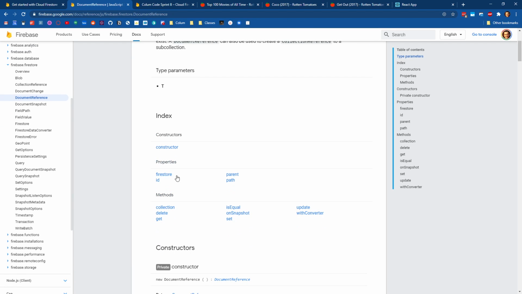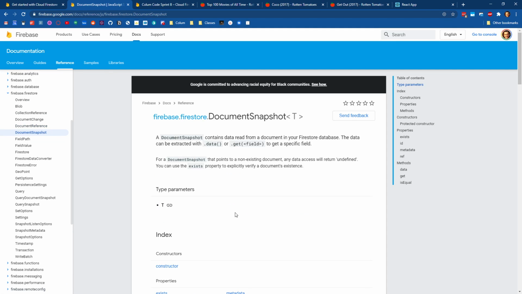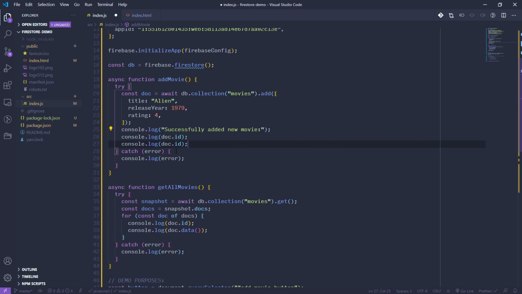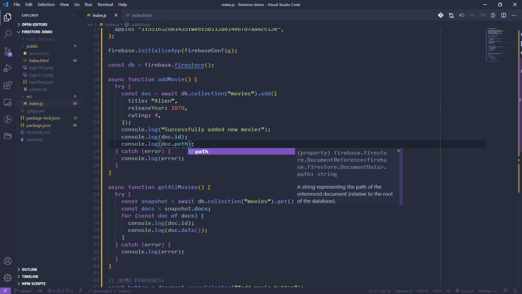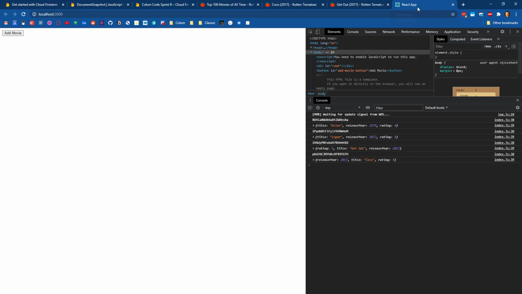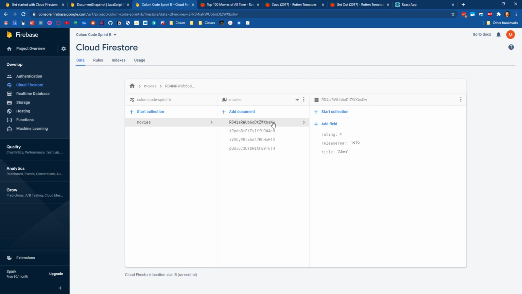And if we look at it, we can print out the ID and the path where that data exists. And if we wanted that data, we could call get, or if we wanted to delete it, we could call delete. But there is no data method here. That's something that exists on document snapshots. So here, instead of printing out data, we could do something like document.path to print out that movie. So let me delete this from here